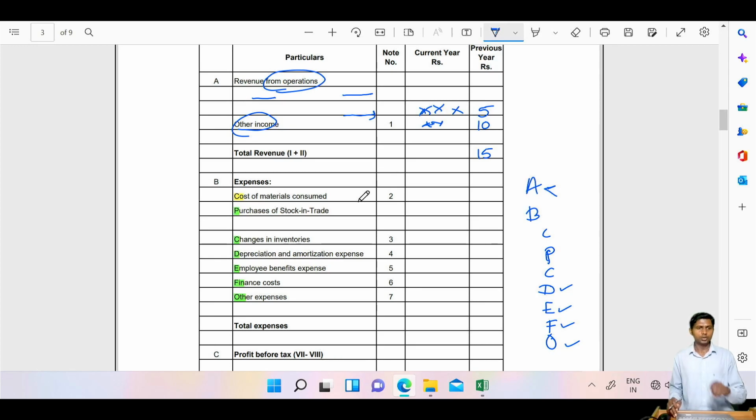Then related to raw material, we will find what? The raw material purchase, opening stock of raw material, closing stock of raw material, carriage inward of raw material, then raw material return or return of raw material, then hamali charges, unloading charges for raw material. Okay. If in the trial balance purchase of a raw material is given, then you can assume the purchase return